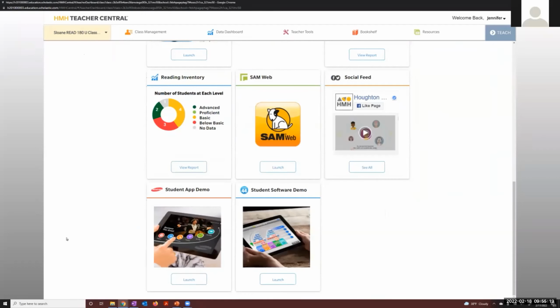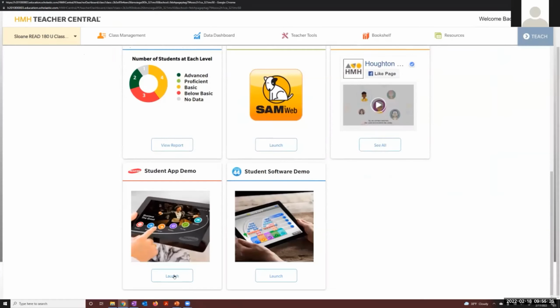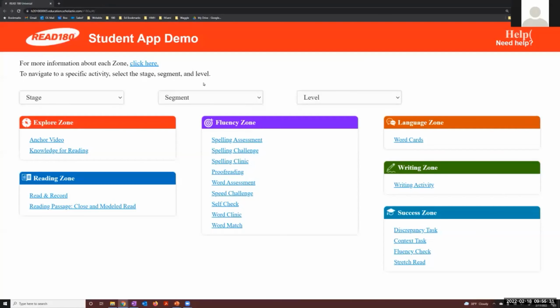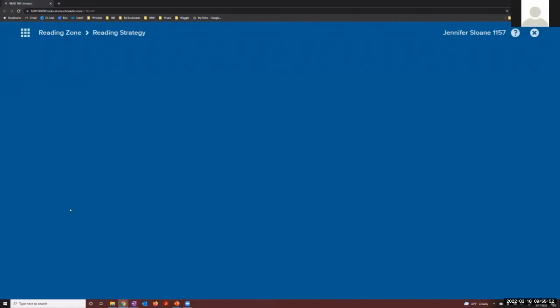if you're also looking at experiencing or kind of demonstrating different parts of the software for students, there's a student app demo. And if you click launch right there, that's going to bring up the simulator. Now, you can choose your stage, maybe B for middle school, choose a different segment, choose an instructional level, and then bring up any task from any zone. So if we want to bring up, say, reading zone, for example,